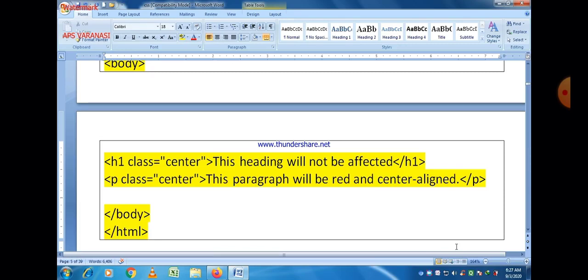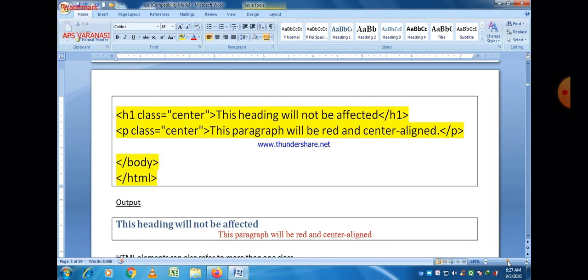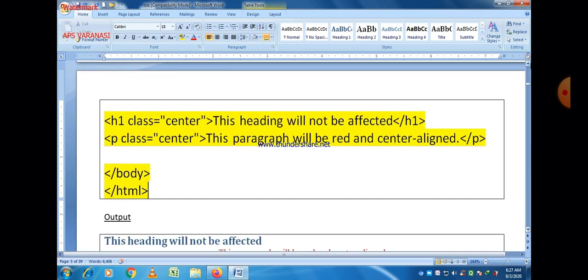So this is the main program, a simple program regarding CSS, in which there is one heading and one paragraph, and we use a class selector here.